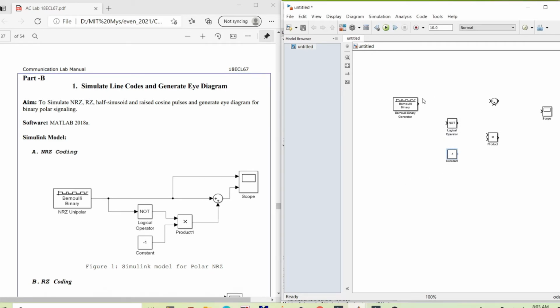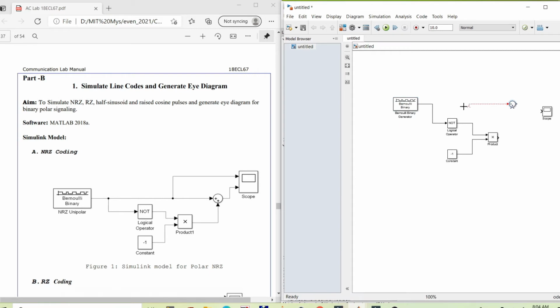Now let us interconnect the blocks. Once you click and drag, you will get an arrow, through which you can connect the different blocks.